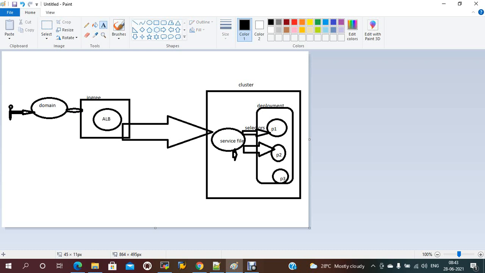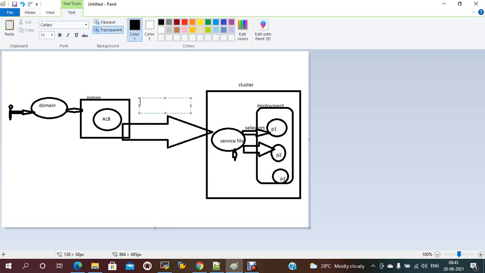So to access your services, in between we have the ingress controller. It will be either the ALB ingress controller or the Nginx ingress controller. There are two types. We can try with the ALB ingress controller, the application load balancer controller.